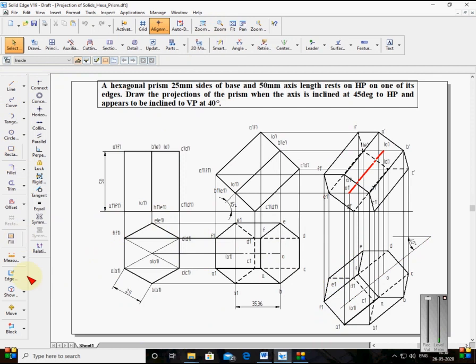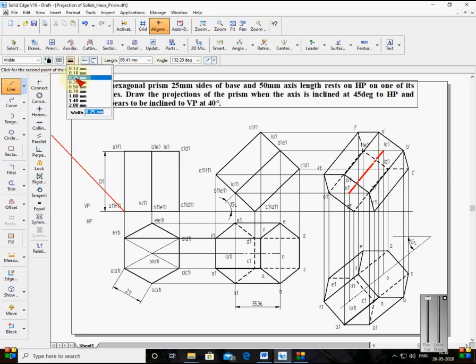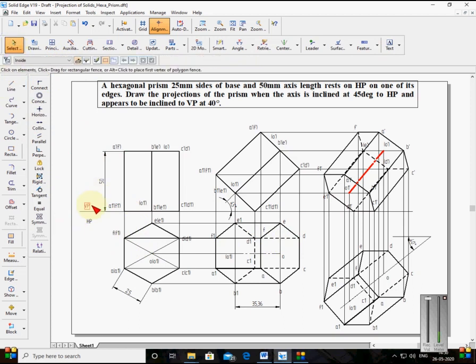Now I have not shown VP and HP here. You can show VP and HP on this side or this side. I show here VP and this is HP, and you extend the line. I have not drawn it here. So this is VP and this is HP. Type here capital X, capital Y. This is the solution for our problem.